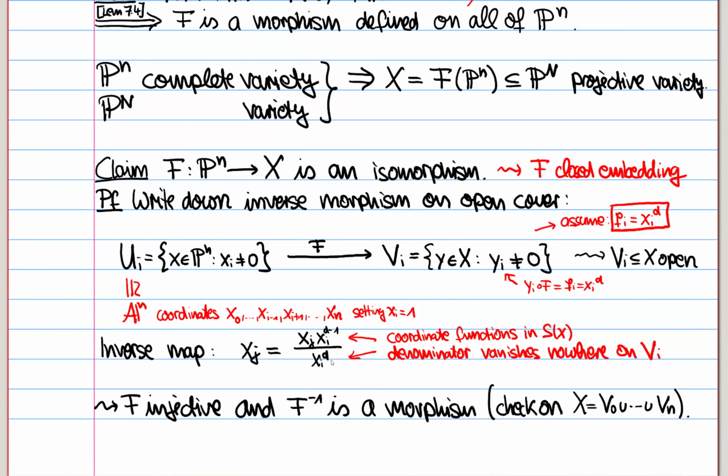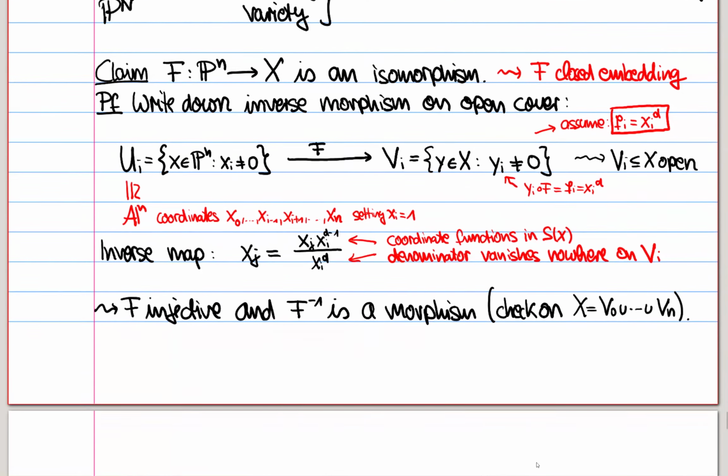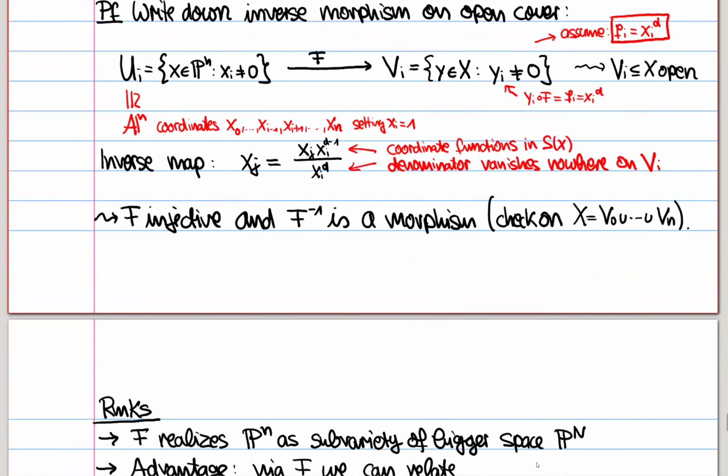And you see both of these are just given by coordinate functions on the vi, because they're both degree d monomials. And so we can see that we can write down the f inverse from vi to ui. It's given by these regular functions, so it gives us a map to an. And so this shows that f is injective and the inverse is a morphism. As I said, this can be checked on this cover here. Okay, and then some remarks about this